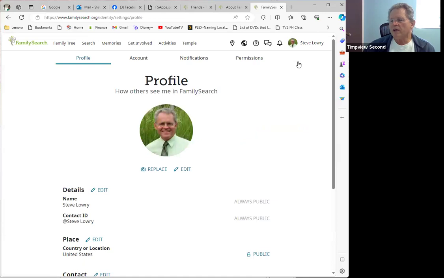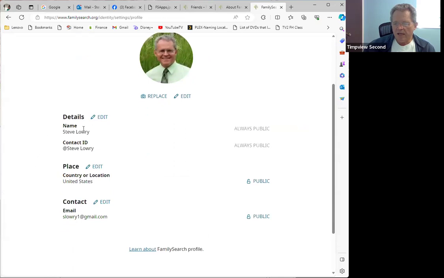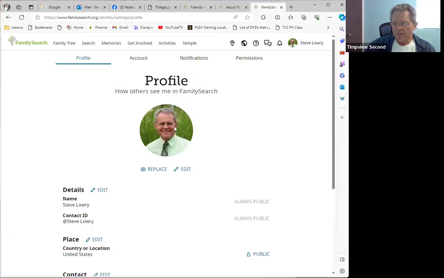By default, when you come into the settings tab, it brings you to the profile section. Here you can see what your name is, your contact ID, where you are located, and then your email address down here. I've made mine public so that other people can contact me and send me emails. You can put a picture up here so people can see how good looking you are. In my case, that didn't work very well, but